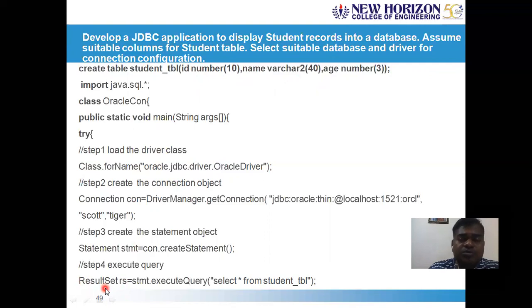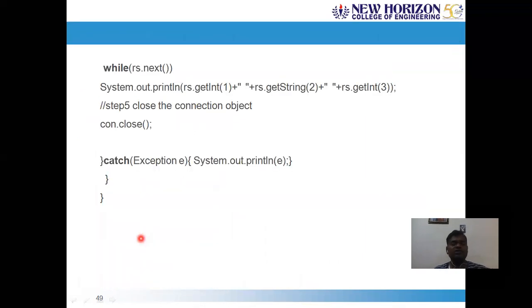This ResultSet object consists of a virtual table where you can navigate to each of the rows and to each of the columns. So executeQuery of select star from student_TBL gives us a ResultSet object. Now we can iterate through this virtual table, which is part of the ResultSet object, like this.